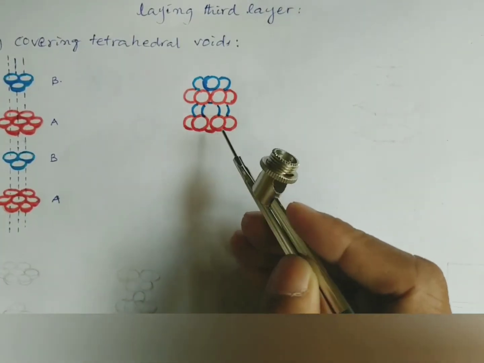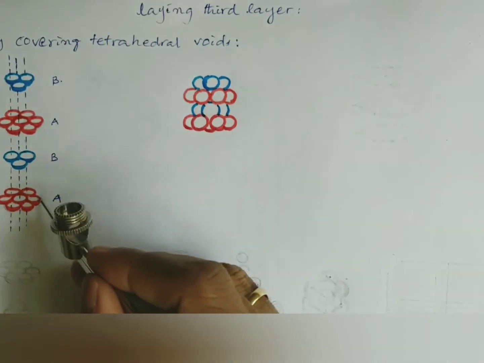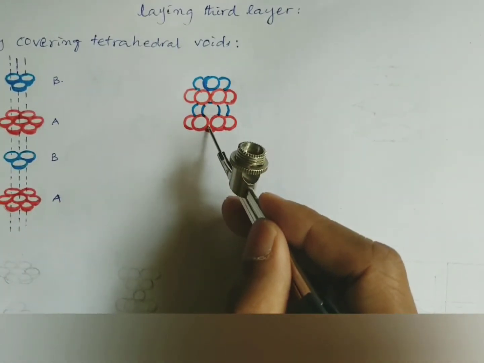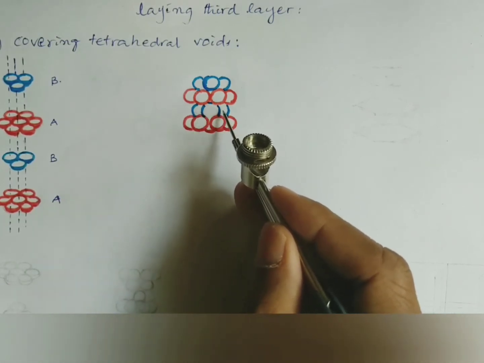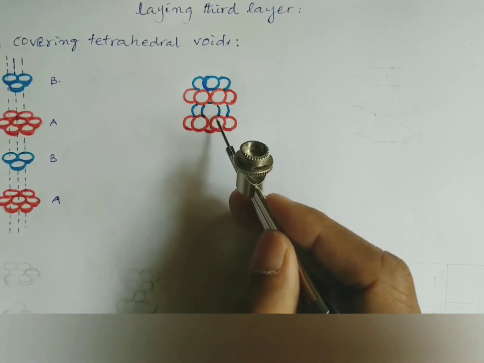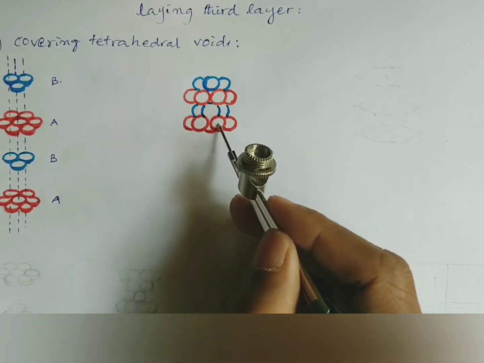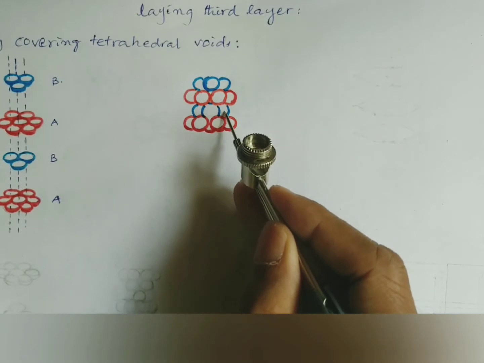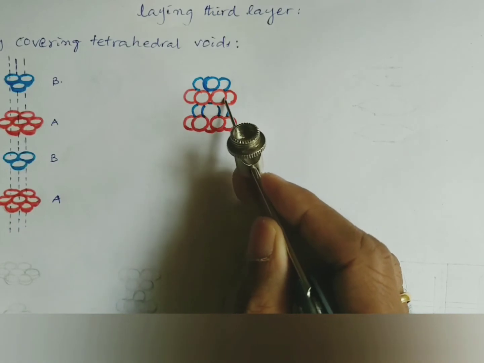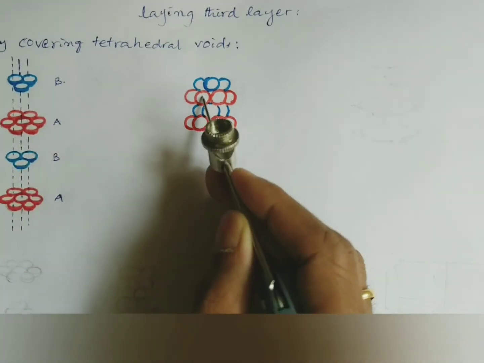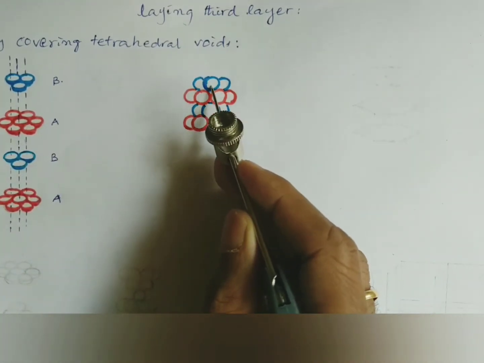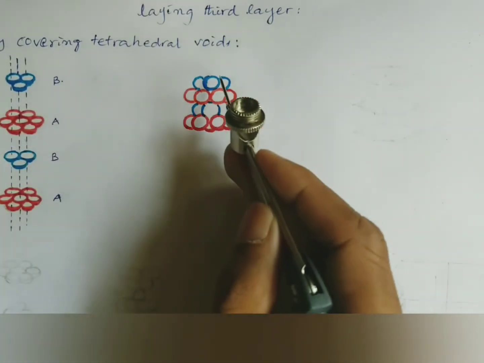So this is the first layer of atoms. So this is layer A. This is the second layer of atoms, which is formed by laying atoms in alternate triangular voids created by the first layer of atoms. So there are 3 atoms here occupying alternate triangular voids. So again this is layer A. So this corresponds to this, and this is another layer. This is the fourth layer similar to this. Okay, this is B.